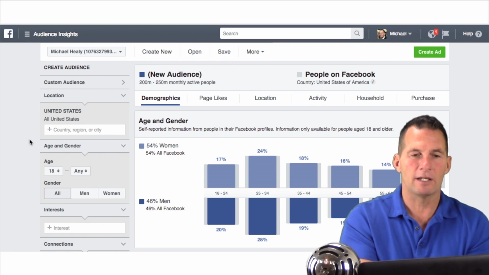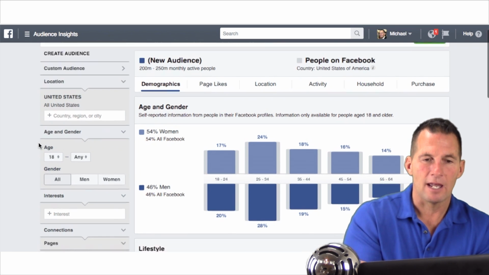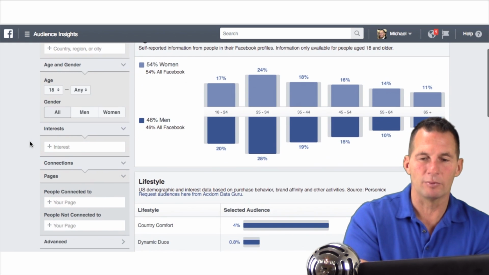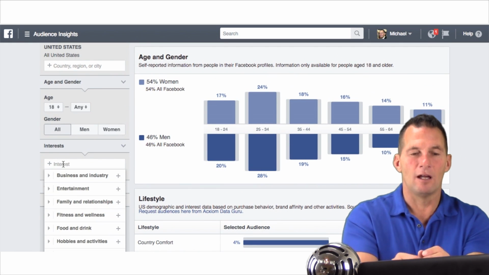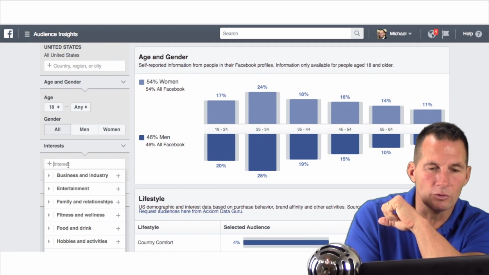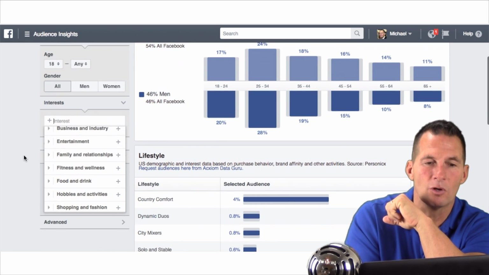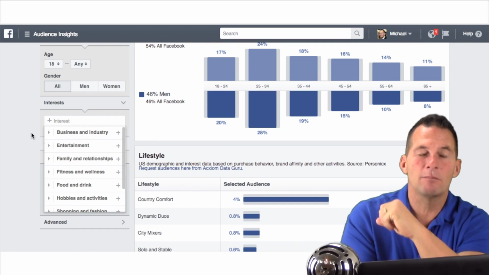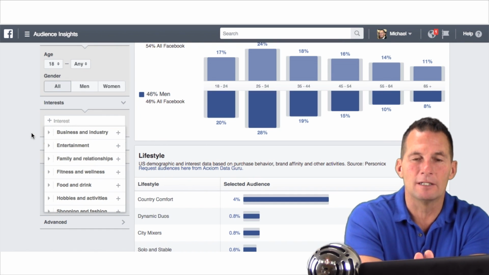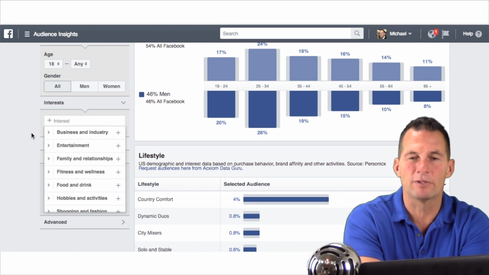It defaults to my country, which is the United States, and I leave everything else on here completely as is. But then when I go to interests, it will give you these drop downs. In case you don't have a clue what you're looking for, you can go through here. Now, I already know of some leaders or people that already have pretty good audiences, followings in the network marketing space. So I typically start there, because then I'm going to show you where this thing gets really